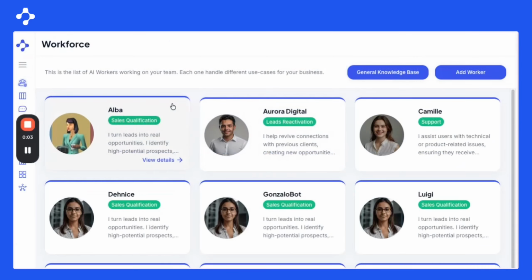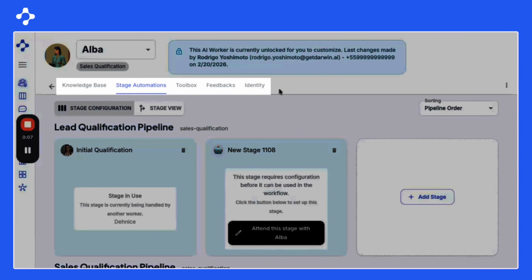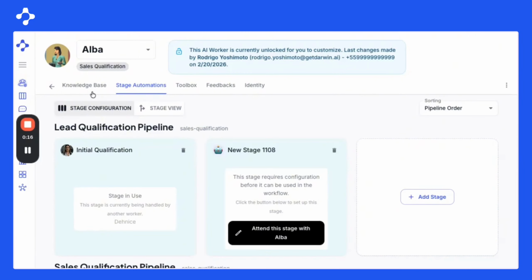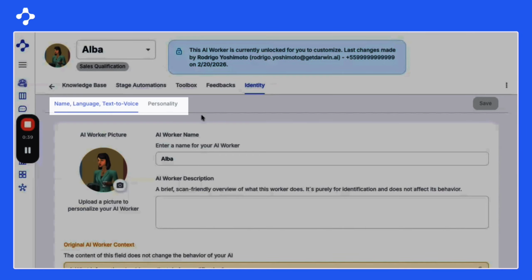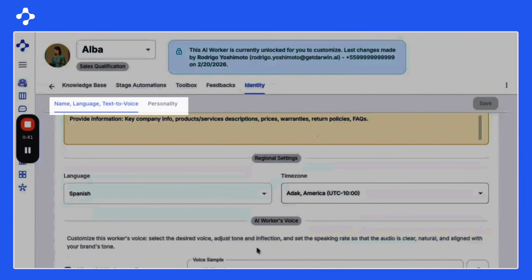Hello everyone. In this tutorial, I'm going to quickly show you how the updates to the menu and identity settings have made the platform more organized. Upon opening the menu, the first visible change is in the naming conventions. Where it previously said Individual Knowledge Base, we now have just Knowledge Base, and the former Settings section has been renamed to Identity. By clicking on Identity, you will find everything that defines your worker, such as name, language, voice